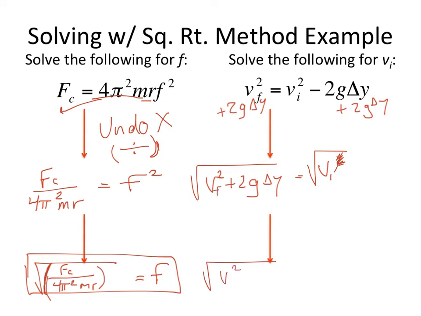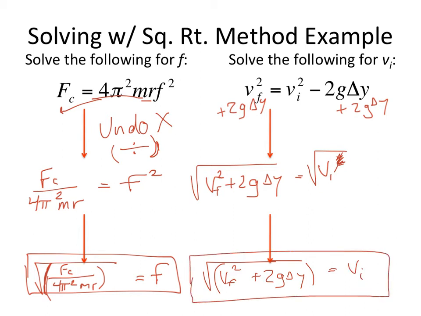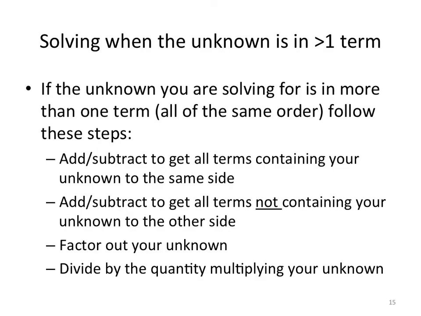Vf squared plus 2g delta y, and remember that all goes, you can put that into parentheses so you know it all gets squared, equals v sub i, just like that. Much nicer and neater than it was previously. All right,